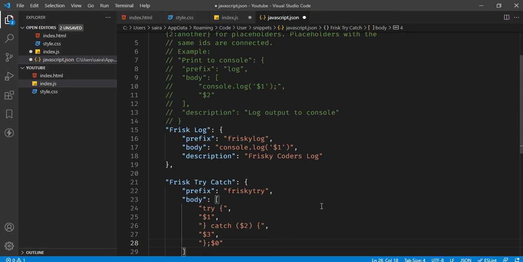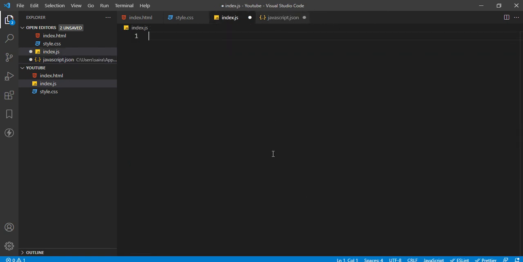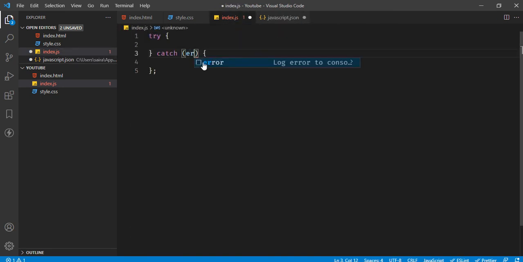Let me show you what this does. Now I have created a frisky try catch. Let's see what it does. With frisky try, the pointer points to where the first thing should go, and if I press tab here, it will take me to the second pointer, that is $2 that we have given here. So if I type something like error,